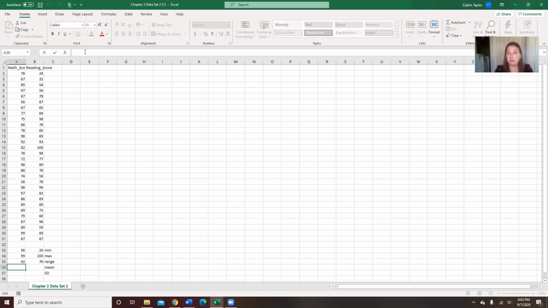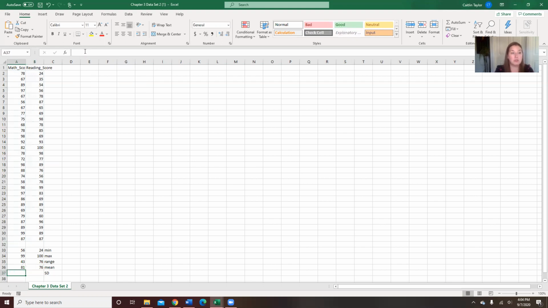Then for mean, remember Excel uses average as how to calculate the mean. So now we're doing equals average, telling it what's the range to look at, A2 to A31. That gives us a mean of 81. Here equals average again. Now we're in column B, B2 to B31 gives us a mean of 76 for reading